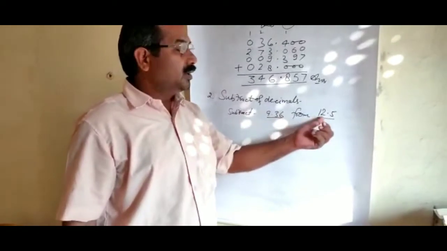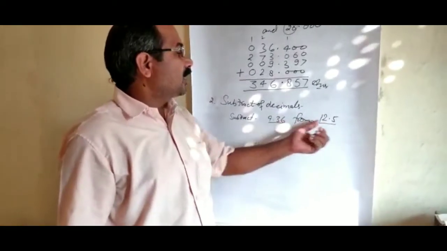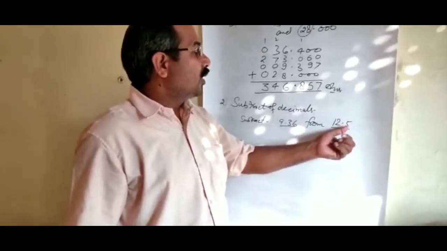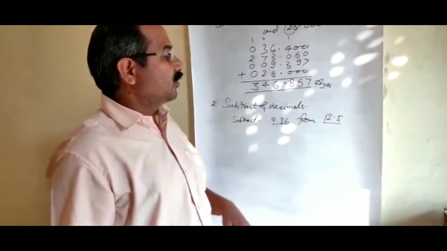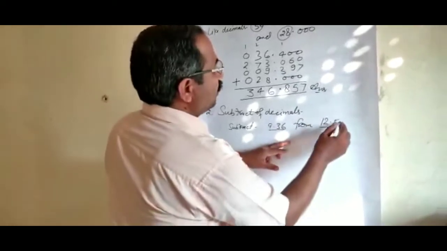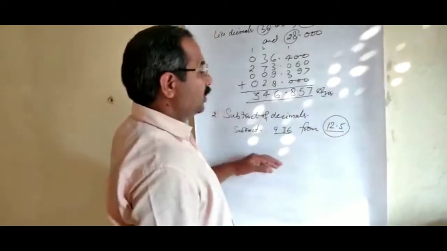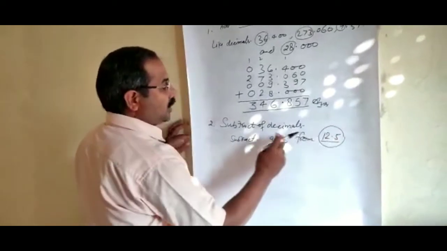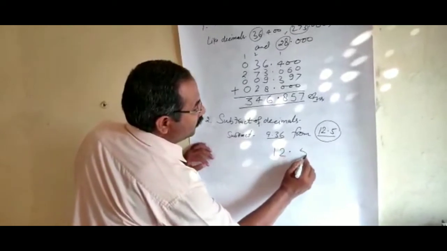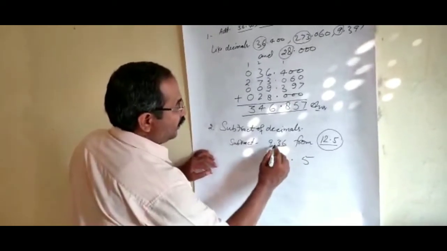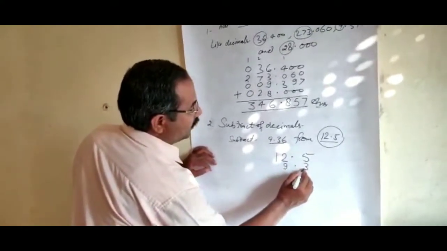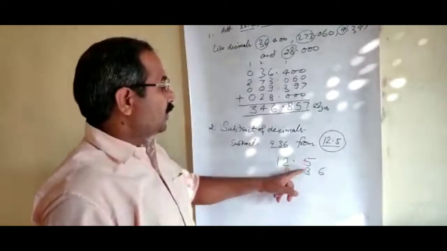Here you can see there are two decimal numbers, but their decimal parts are not equal. So you will change them into like decimals. For like decimals, you will increase here 1 zero. When there is "from", you should write these numbers first. From means से, that is, you have to subtract this number from this number. So you should write in column method like this, and before the point there is whole number 9, and after the point 3 and 6.